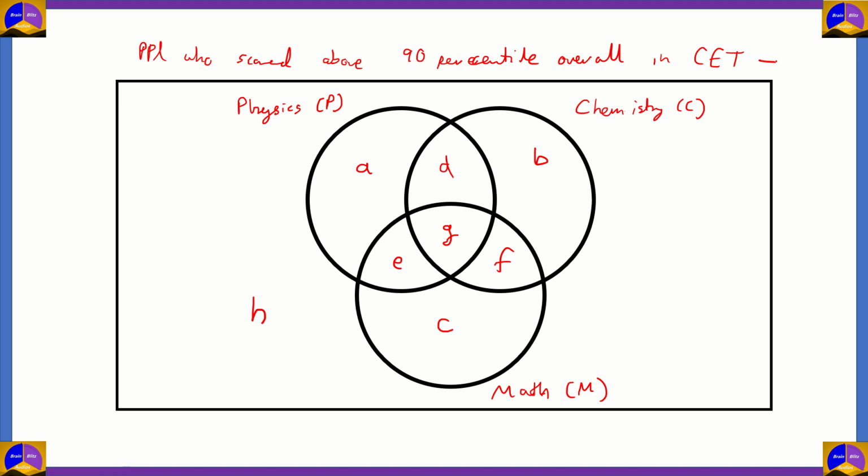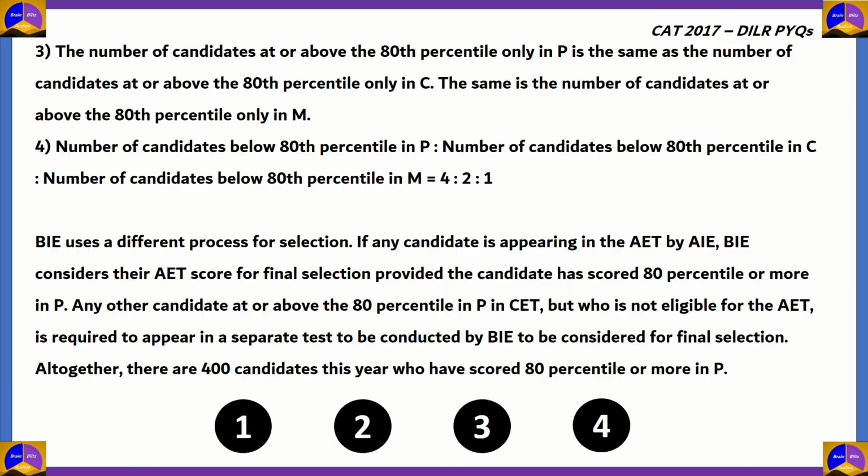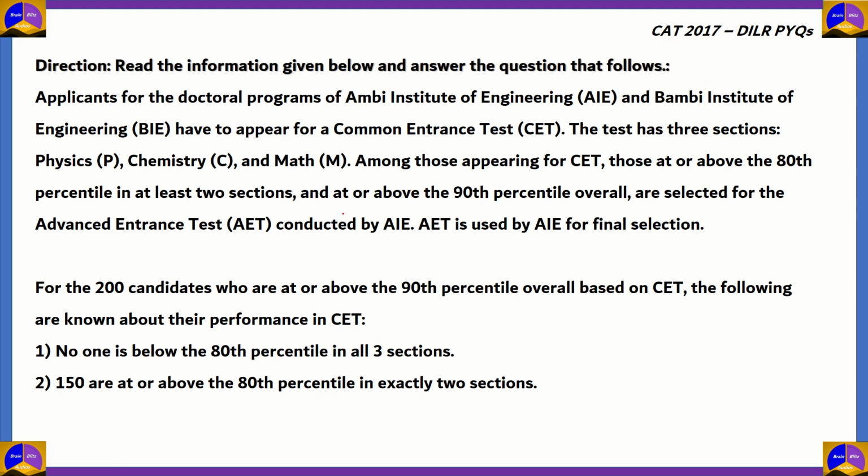And we also know from the question that there are 200 candidates within this Venn diagram, or basically 200 candidates who scored 90 percentile and above. Now, let's look at the statements. Statement 1 says no one in the 200 candidates is below the 80th percentile in all three sections. So among the 200 candidates, the condition is that they should score at least greater than or equal to the 80th percentile